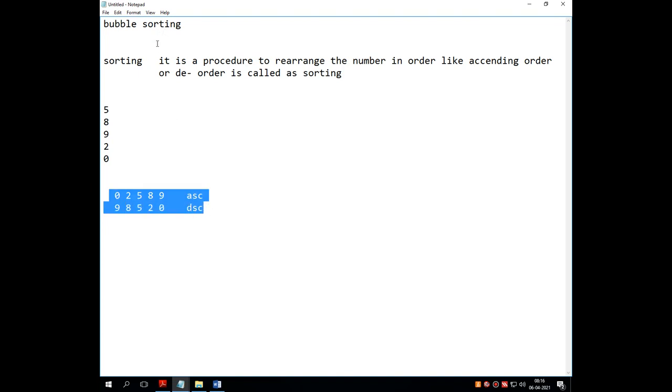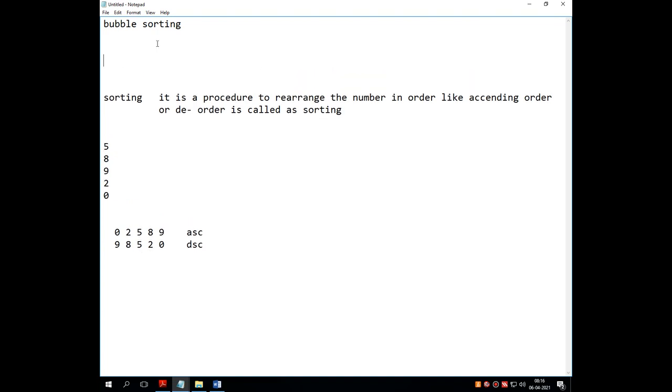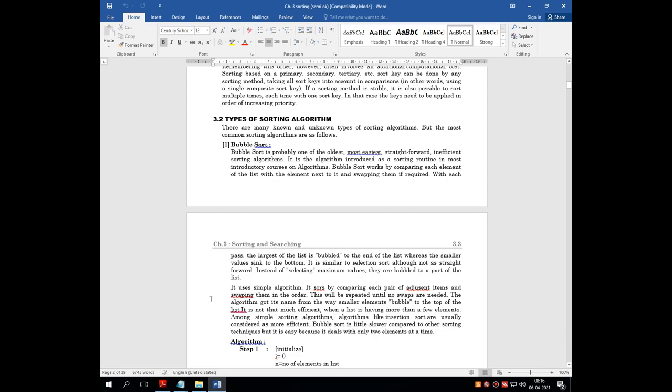So for that, in data structure there are various techniques. All these techniques have their advantages and disadvantages. So the first technique from this entire bunch that we have to discuss is bubble sorting. The theory of bubble sort is like this.